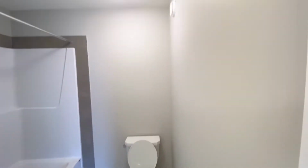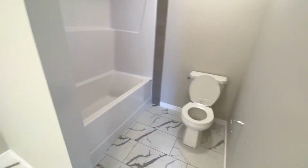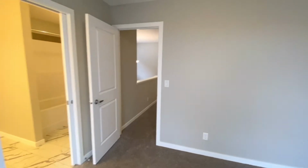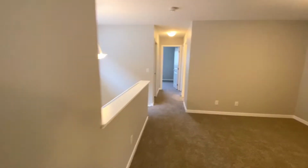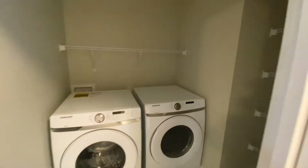And here's the washroom. So we haven't put all kind of stuff yet, but you know, this is a great, spacious master bedroom. Go in there, go straight. We'll go on the left side, which is